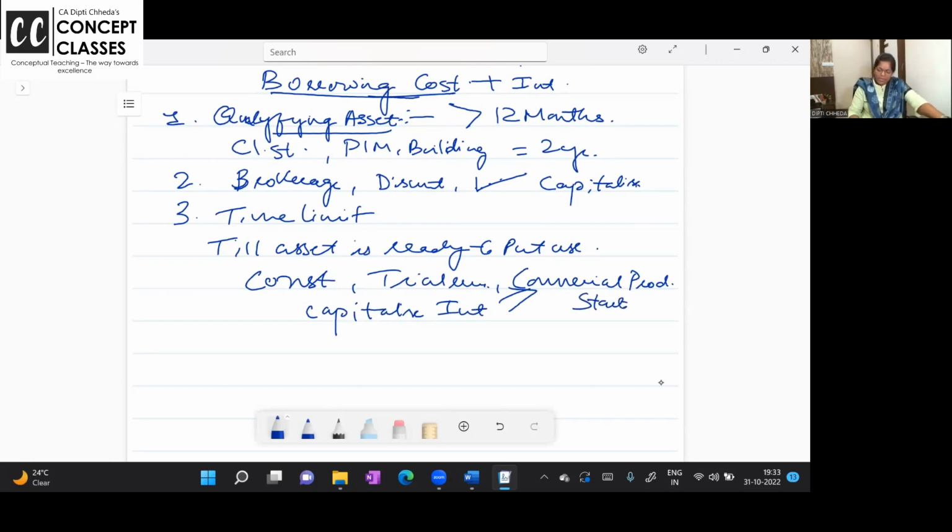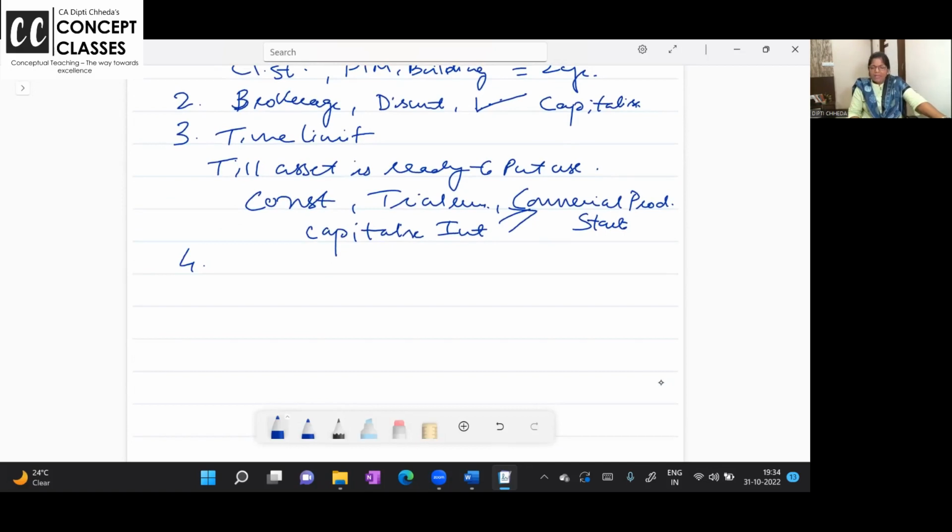No problem. Okay. Now, in between, sometimes the work is suspended. For example, you have borrowed the money and you're making a building, but in between you got a notice to stop, because a metro project is going on nearby and you cannot construct the building for 5 floors. You need to stop at 2 floors. So your work is suspended. I call it temporary suspension. Now, you have borrowed money from the market by incurring a lot of interest, no? So, can you give the loan to anyone else? Are you getting what I'm saying?